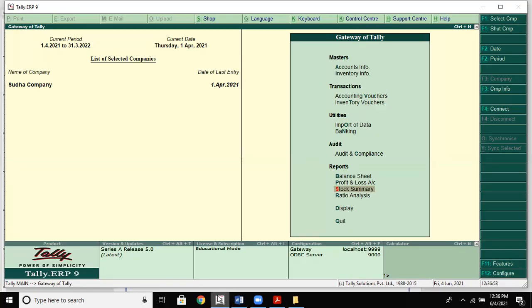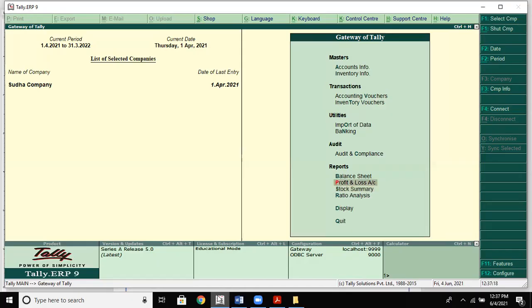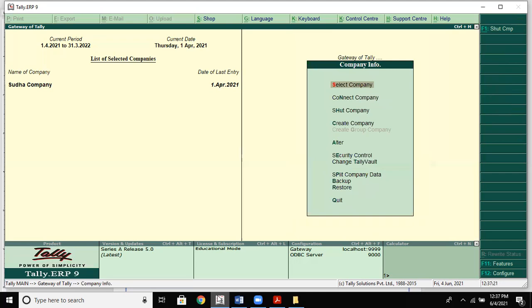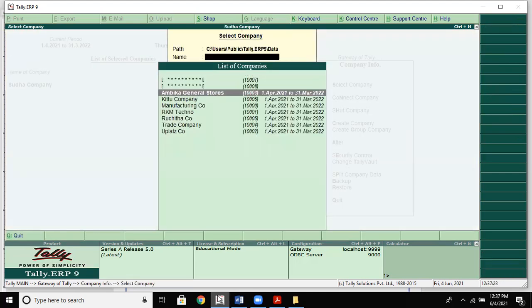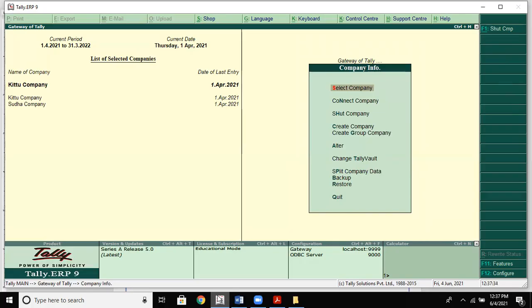For example, I want to go for Kittu company. When you want to go for that company, press Alt F3, then select split company code data.